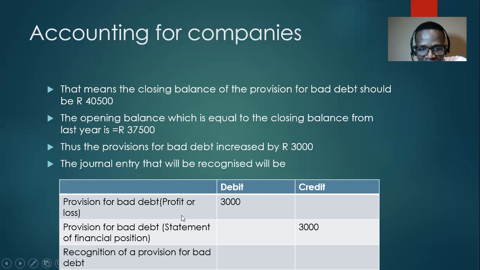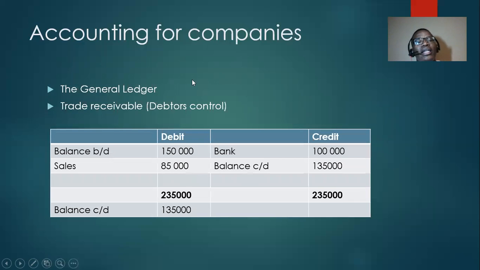This is an expense because now the company has got more customers that are likely not to pay. So it's likely to reduce the company's net debtors that are being expected. Then provision for bad debts credit 3,000. Narration is recognition of provision for bad debt. Then in the general ledger, for trade and other receivables or debtors control, we are going to say